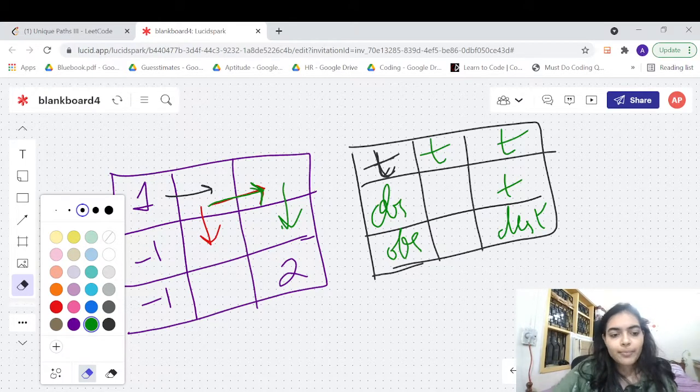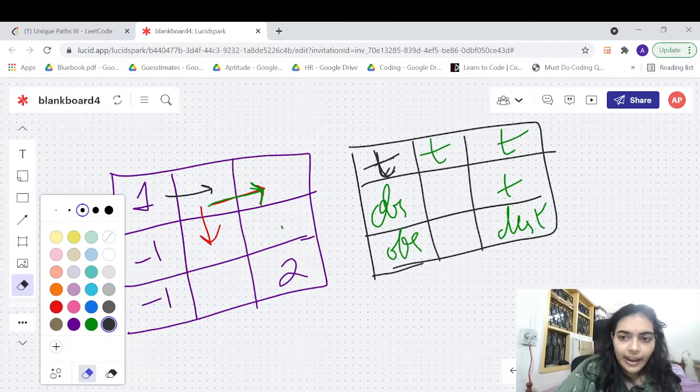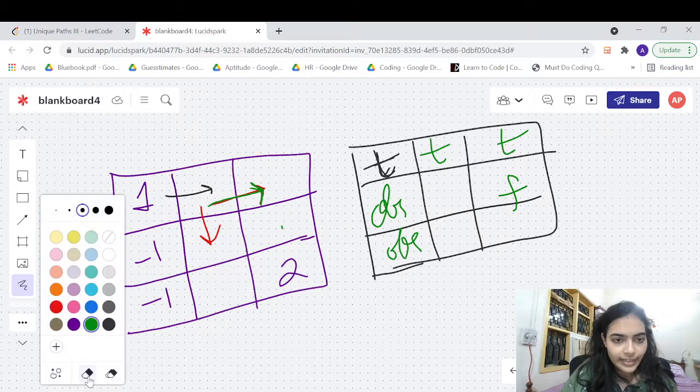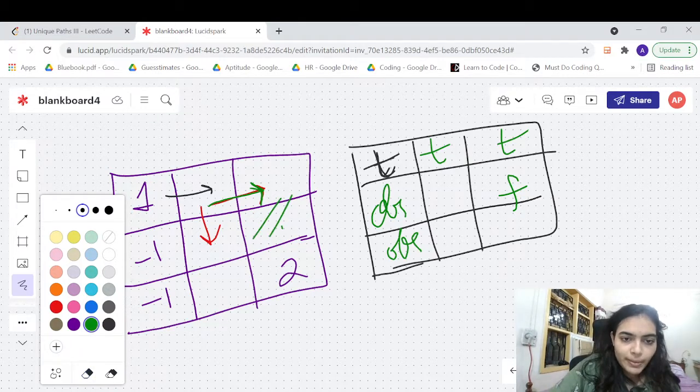So if it is not a valid path, what are you going to do? You are going to backtrack. You will backtrack and you will remove this. Once you remove this, you will mark this as false, so that you can backtrack and try to find a valid path. Now we go back, and we come back to this particular cell, right?